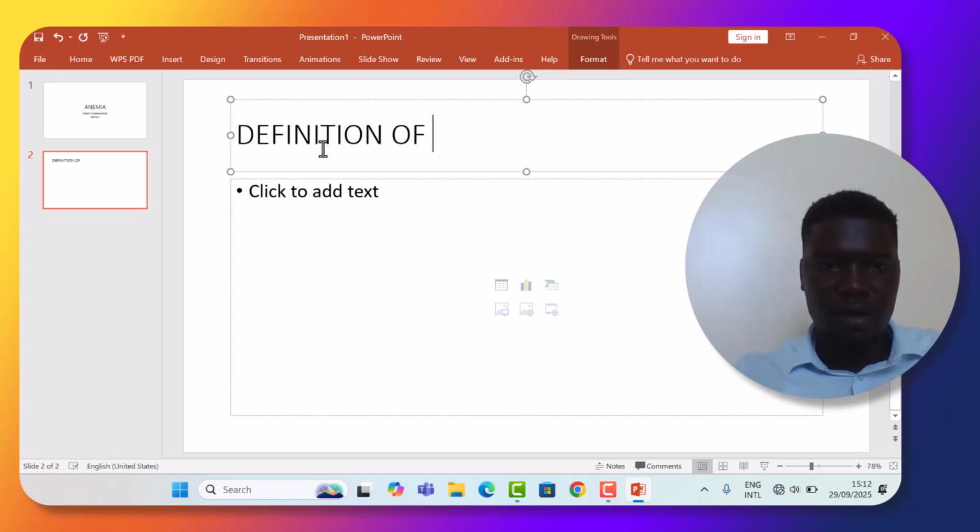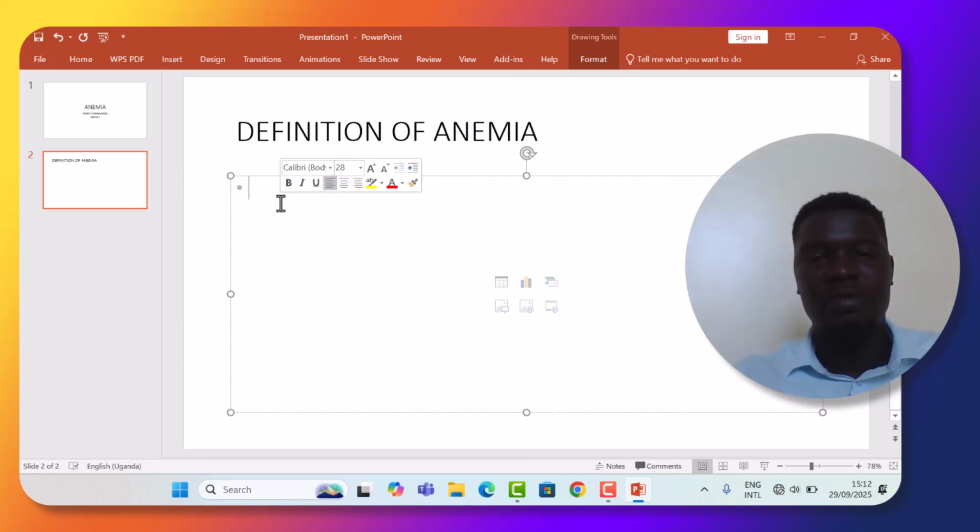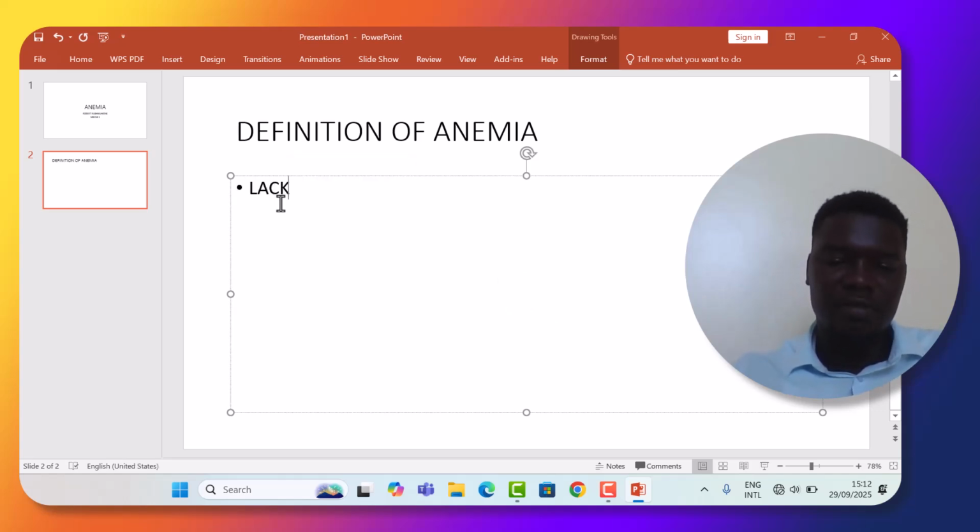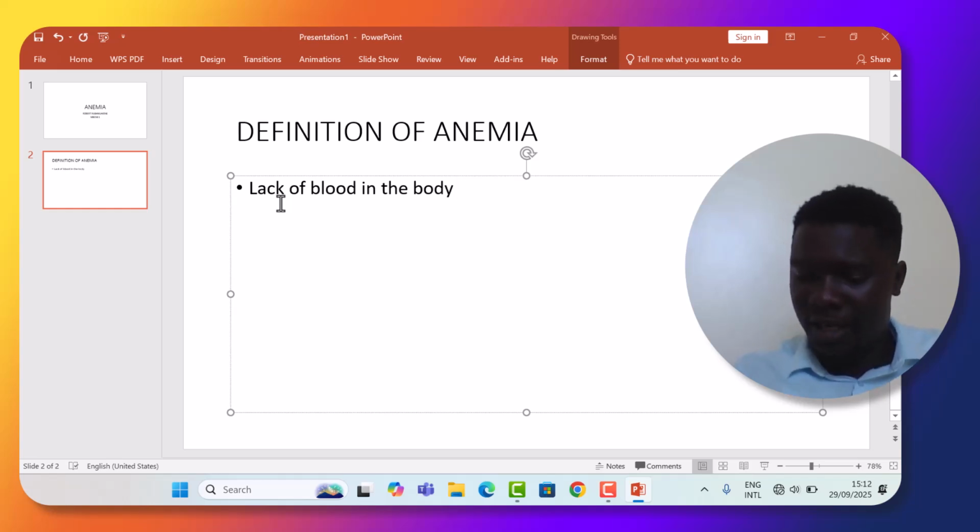of anemia. So when you put definition of anemia, it will bring a blank space here where you're supposed to define anemia. In a layman term, you can define anemia as lack of blood in the body. That is layman term. So when you define anemia, lack of blood in the body,